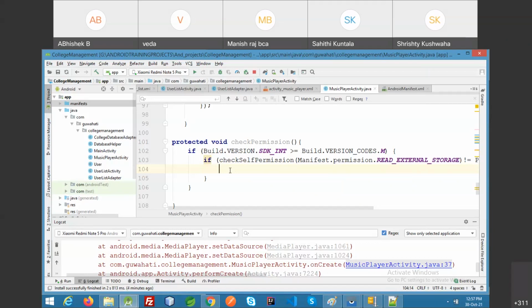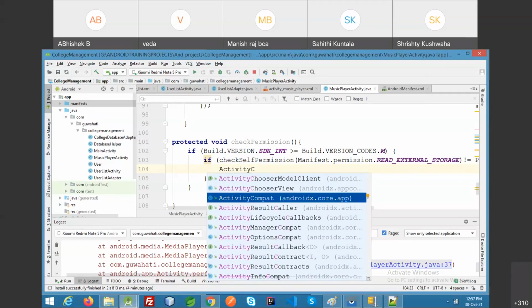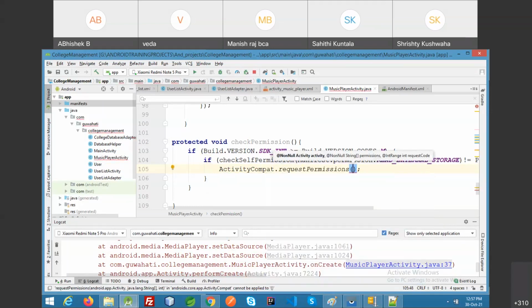If you want to show the alert dialog, you can create your AlertDialog builder where you will see the permission, please grant permission. Otherwise, you can request the permission directly: ActivityCompat.requestPermissions, in this give the current this, comma, permission.